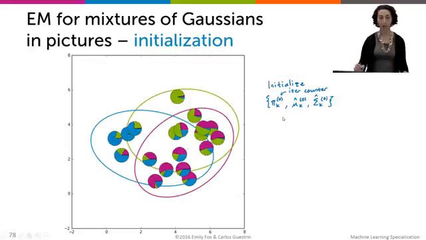Then, having fixed these cluster parameters, we compute our responsibilities. So our estimate of the responsibilities at the first iteration are based just on computing that prior times the likelihood term for each cluster and then